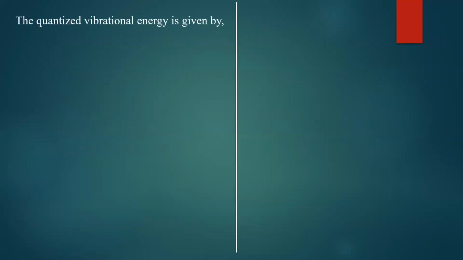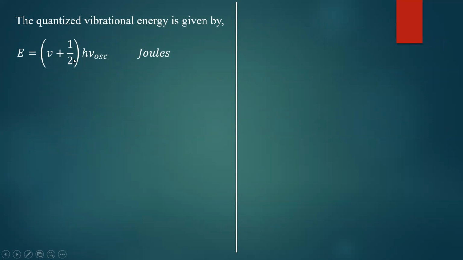So by considering the quantum mechanical vibrations, the concept of quantum mechanics, the quantized vibrational energy is given by E is equal to (v plus half) h nu oscillation. Here this energy is expressed in joules. This is the expression for energy in joules, and here h is the Planck's constant, nu oscillation is the